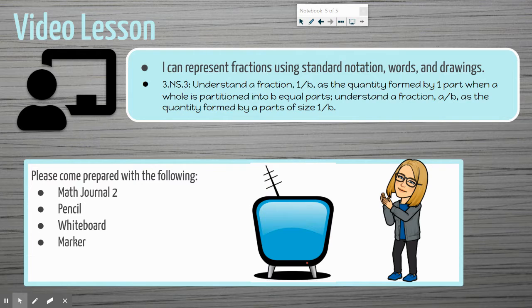I know a lot of you said that you are excited to learn about fractions. I love using our templates, our fraction circles, and we'll have a couple other tools that we'll use to help us learn about fractions. But starting off, our objective for today is I can represent fractions using standard notation, words, and drawings. So by the end of today, you should be able to show me a fraction in 3 different